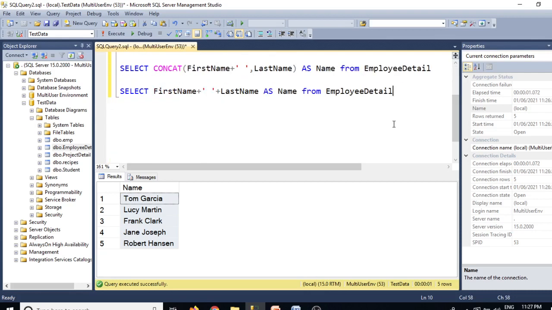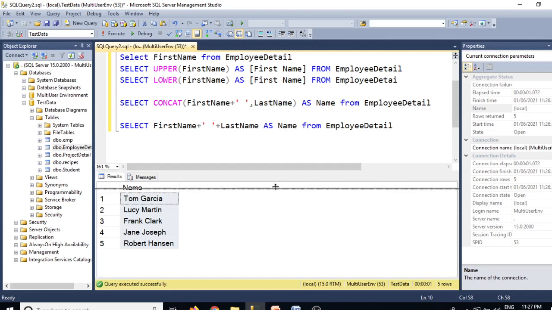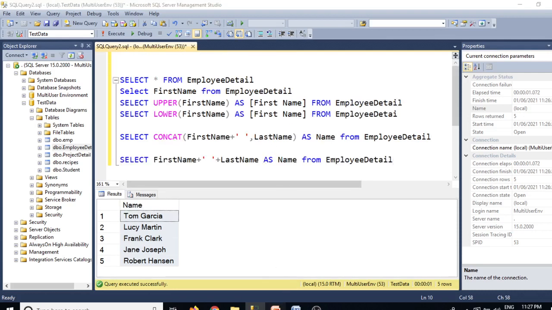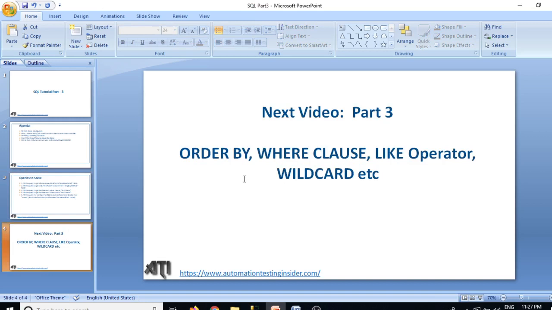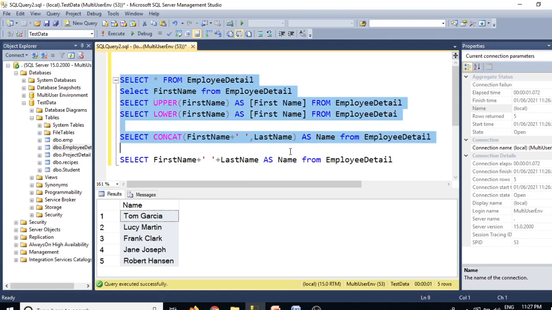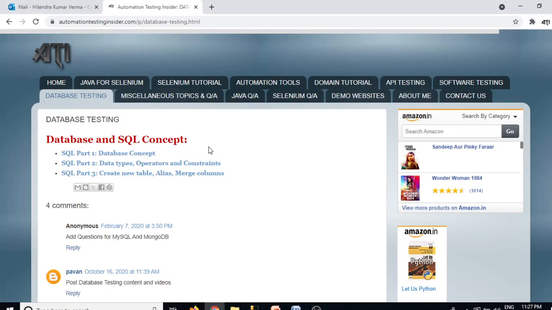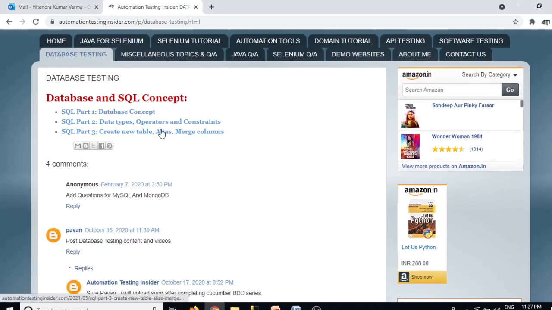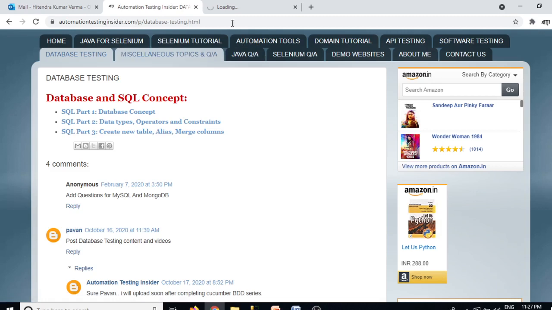So these are the 5 queries, guys, for today, and in the next video we'll talk about order by, where clause, like operator, wildcard, etc. You can find all these answers, whatever queries we have written, in my blog. If you navigate to database testing, here you'll see all the notes related to database. In the third part I have already created a post.